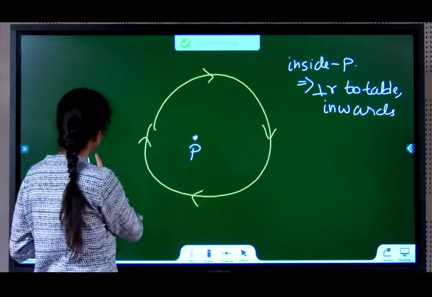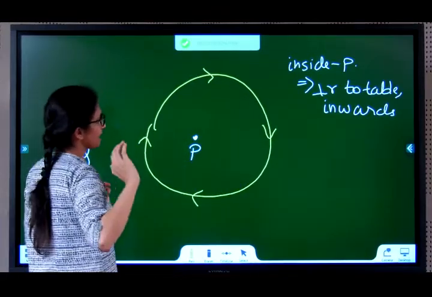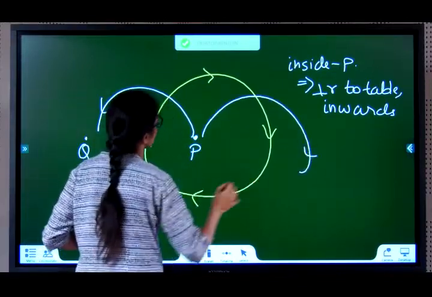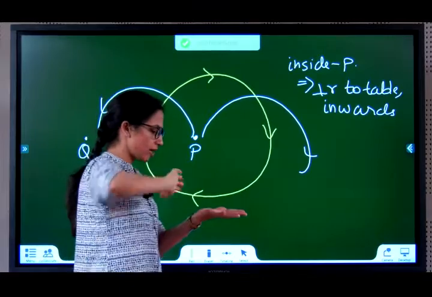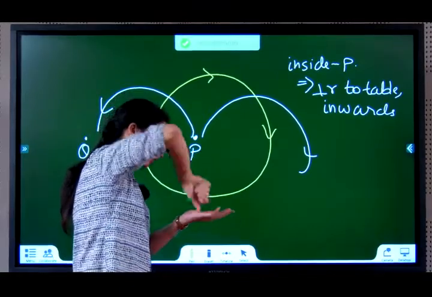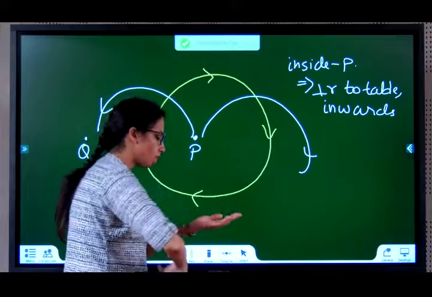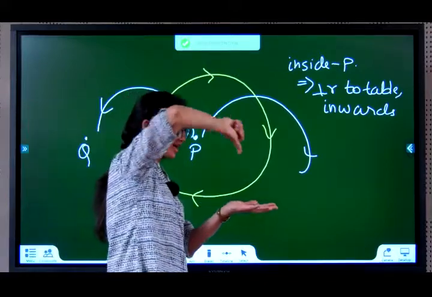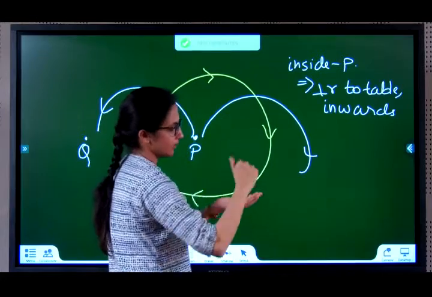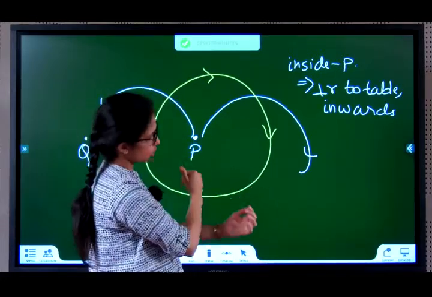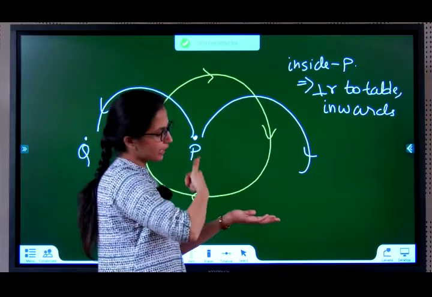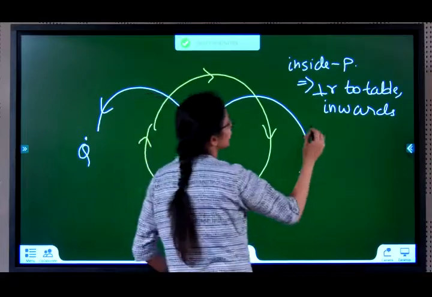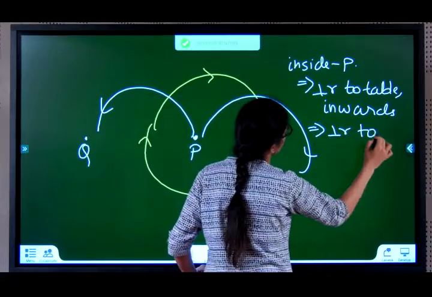Okay. Here for outside, the field lines are going to go inside and come out, right? On the book, if this is going inwards, it's going inside and it will come out like this. For a point outside, what happens? See, I'm showing it again. It's going inside and it's going to come out like this. So for this point over here, for Q, it will be coming out. So there also it's perpendicular to the table but outwards.